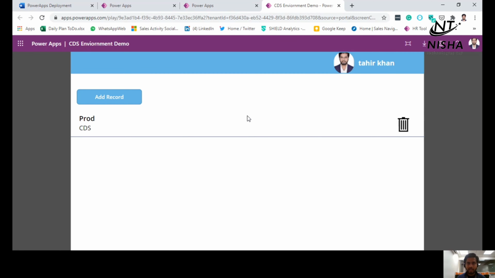So just imagine you've got 10 lists or maybe 10 tables in Dataverse. What would you prefer? Manually configuring them on the production environment, or letting it happen automatically? It's your preference, but I just showed you the difference between both the approaches, and I personally feel that Dataverse is more suitable for complex scenarios where you have more tables, and using SharePoint as a backend is recommended for very simple basic apps, not the higher complexity level apps.